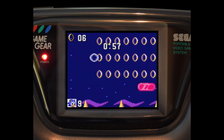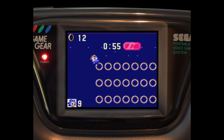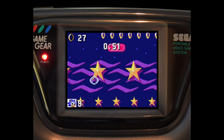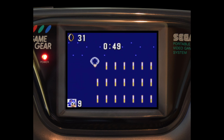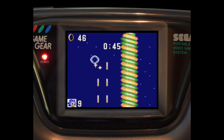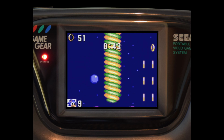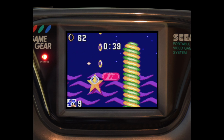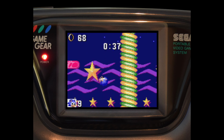Special stages do still exist, but here are simply a manner of racking up points, 1-ups, and continues. Obviously, the Game Gear wouldn't be able to pull off the rotating mazes of the 16-bit game, but these special stages are still very much in the same spirit as Sonic rolls and jumps through a timed obstacle course full of bumpers, springs, and flippers, often leaving the player to bounce around through the stage, much like in the console